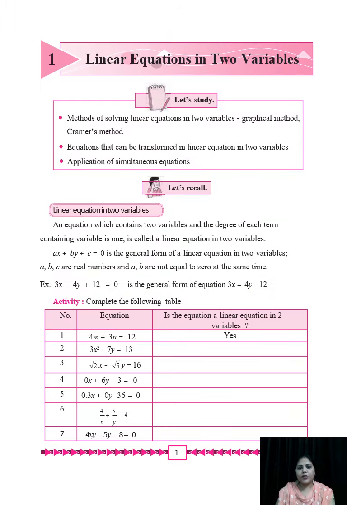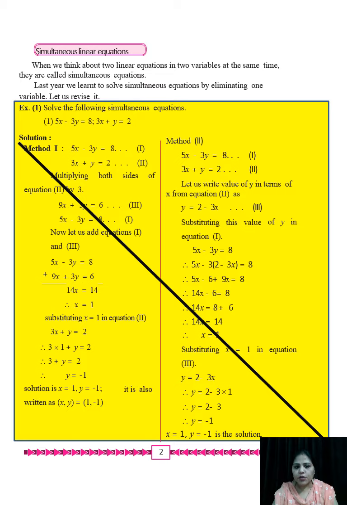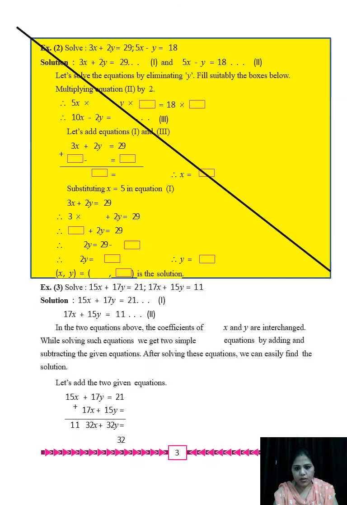In our first chapter, linear equation in two variables, let's check what all things are being cancelled. On page number 2, we have example 1, which is being cancelled. It is no longer existing in the syllabus, so sums based on this type of question will not be asked in the exam. In the same way, on page 3, the second example was given. Cancel that part too. It has been omitted.